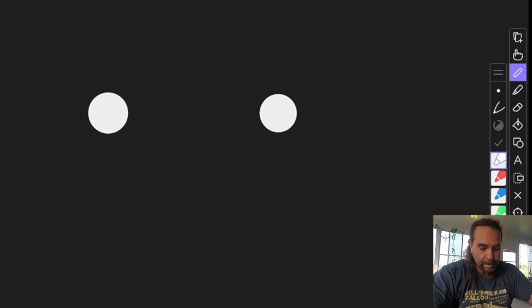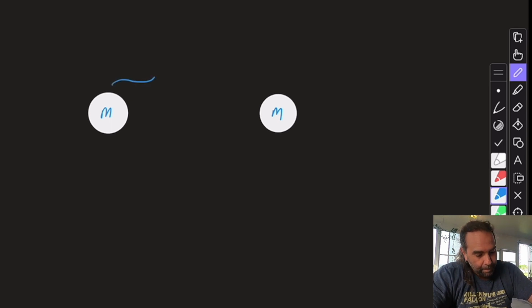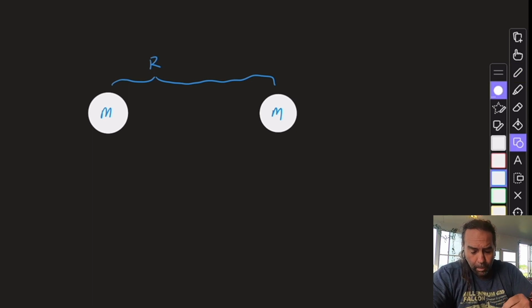Imagine two objects. It could be a binary star system, or two equally massed objects just hanging out in space, separated by a distance r, that are in a circular orbit about each